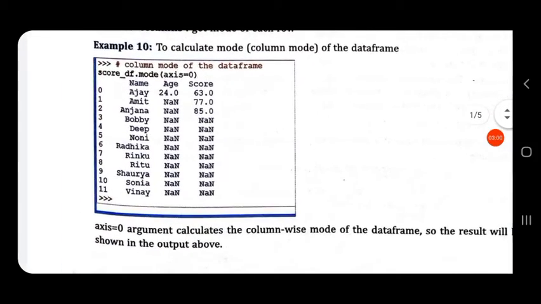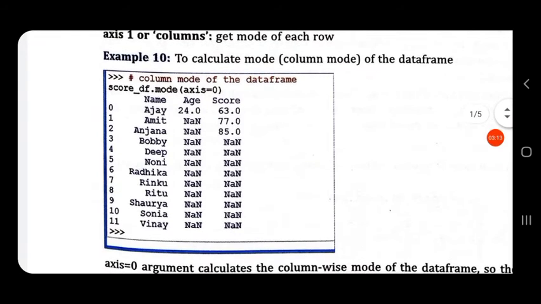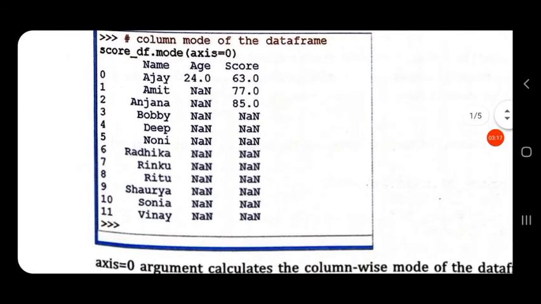So to calculate the mode of the data frame, so we have a data frame score underscore df, that is the data frame that we have created in the last class, which contains the name, age and score of different persons.